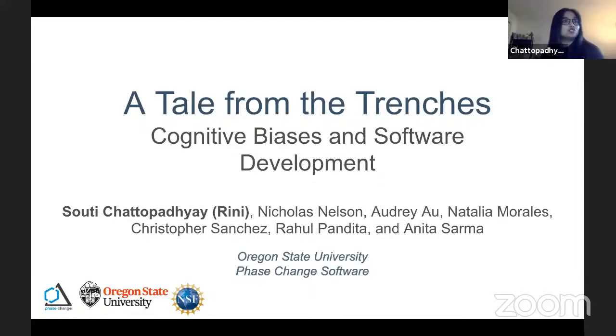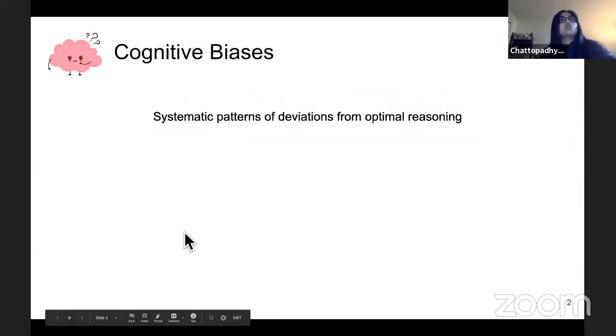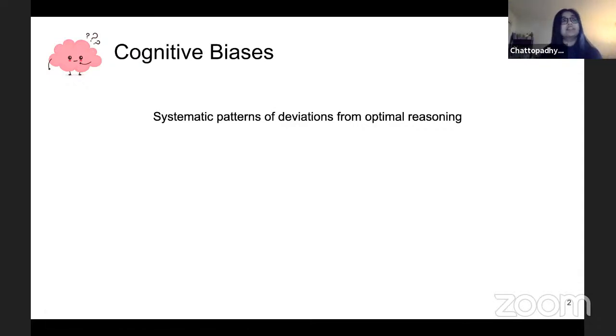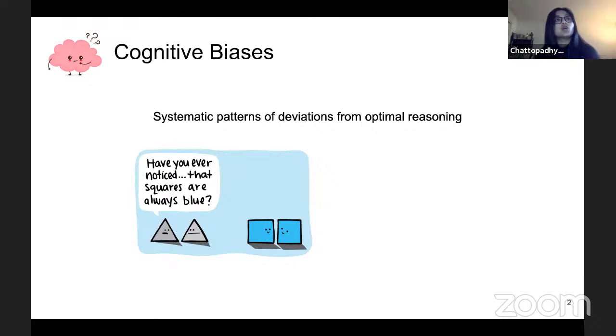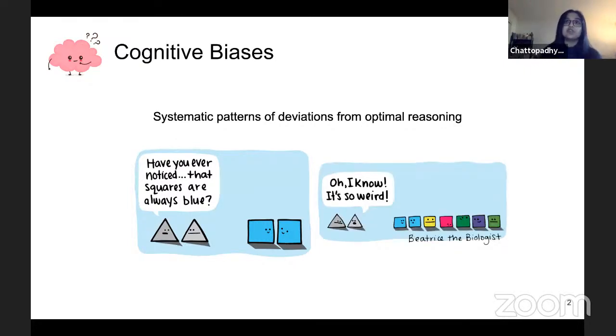Hi, I'm Souti Chattopadhyay. I go by Rini and I'm from Oregon State University. And as was said, we're going to talk about, from the trenches, how cognitive biases affect software development. So what are biases? Biases are systematic ways in which our brain deviates from processing information in optimal ways. An example can be confirmation bias, where we seek to look for and interpret information which confirms a hypothesis we already have. For example, the triangles believe that the squares are always blue, but they are selectively filtering out information